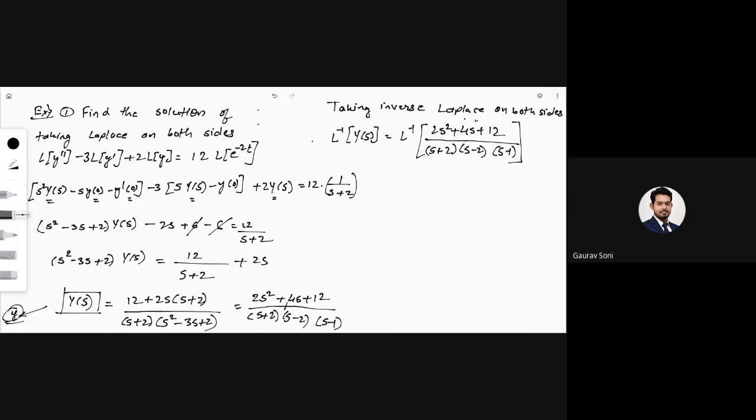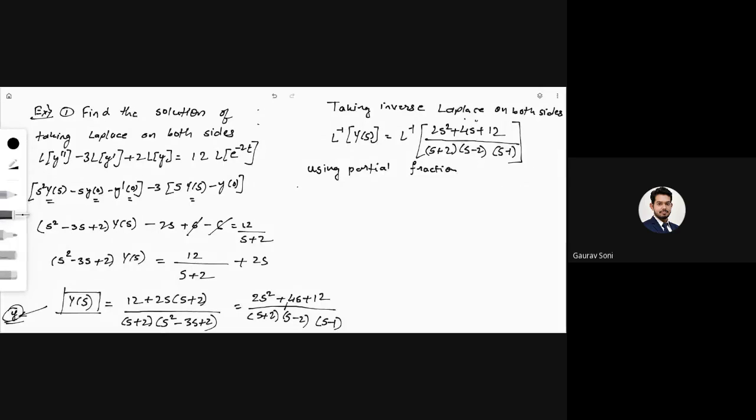Now what is the left hand side? Left hand side will be simply y of t. What about the right hand side? How can we solve the right hand side? Anyone? How to solve the right hand side? Separate it, using partial fraction. Yes, partial fraction. So using partial fraction,